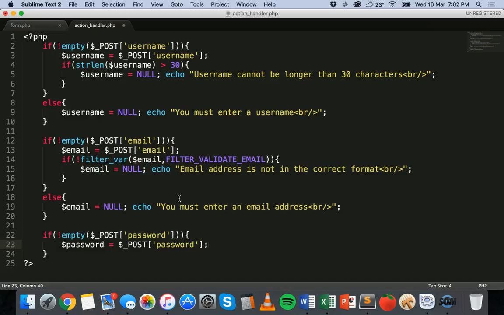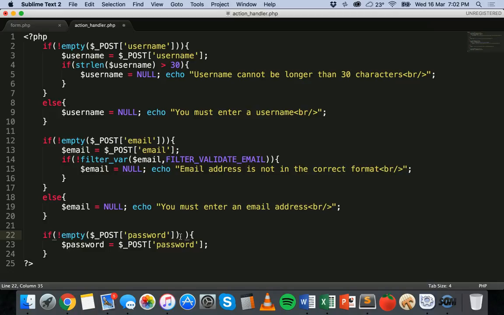All right, so that's what we can do to check if the first password has been entered correctly. But actually what we can do, and what we might as well do, is check that both passwords have been entered, just to make sure that neither field has been left empty. So what we can actually do is go back to this if statement here, and we could add a little